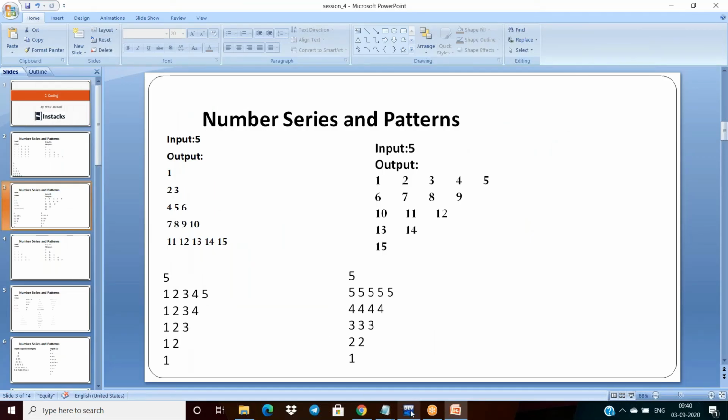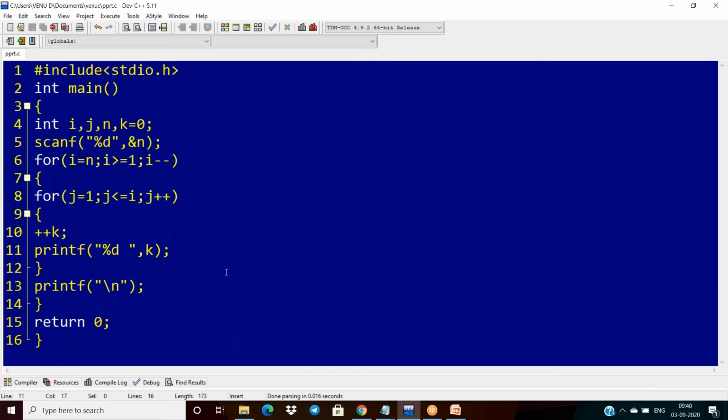Okay, so now observe carefully. I want to explain one more time all the patterns here. Within 2 or 3 minutes, we will see one by one what actually happened internally. See, i, j: for i = 1; i <= n; i++.